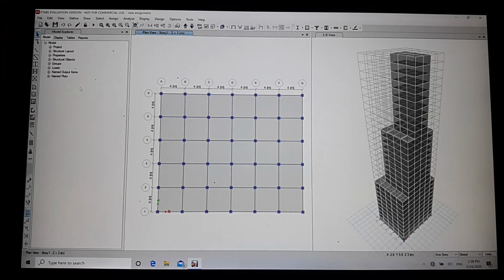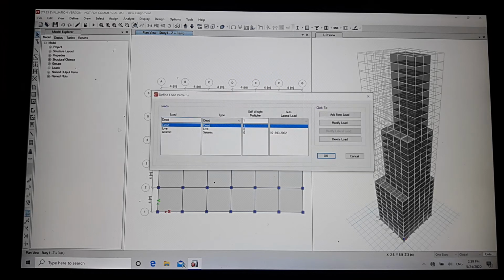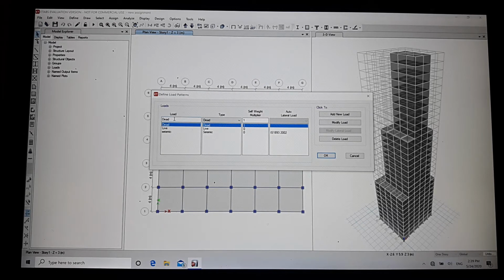So first of all, we have to define the seismic load. For that, go to define option, then load patterns, and enter here seismic.